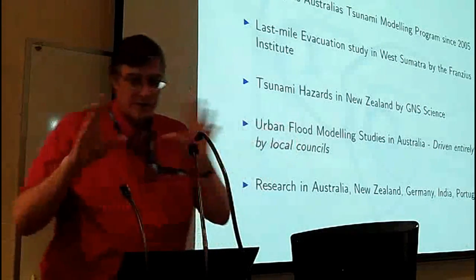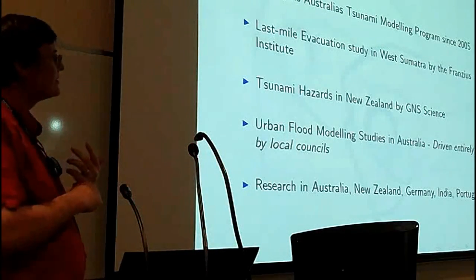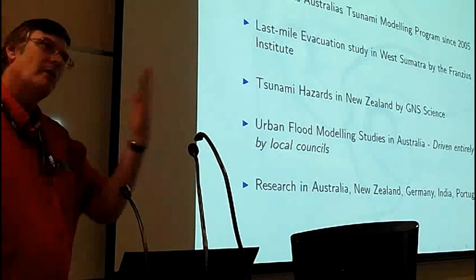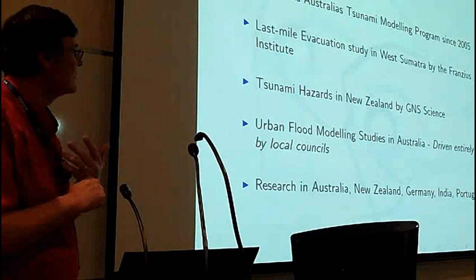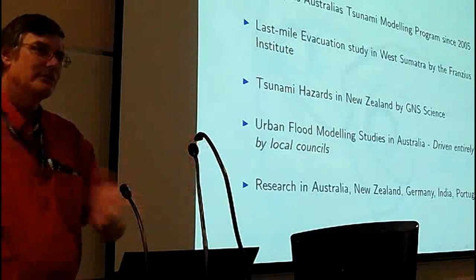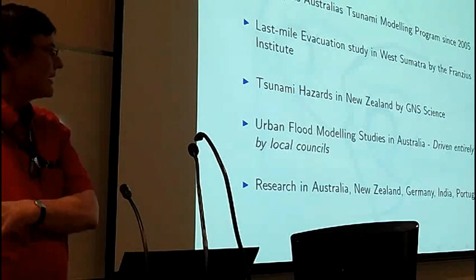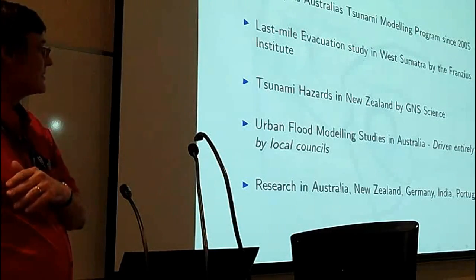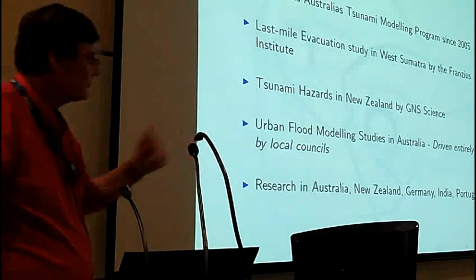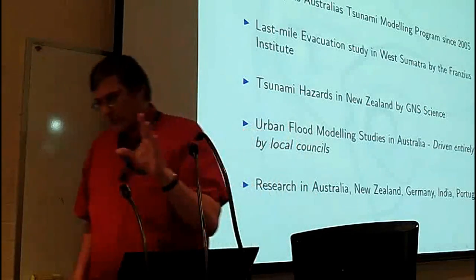Anyway, the idea is to go around the coast, work out the most at-risk areas, and then have some idea of how high the waves would be, and hence be able to provide a fairly quick response: if there's an earthquake of a certain magnitude out at the south of New Zealand, then that should imply something happening somewhere else. And of course there are these